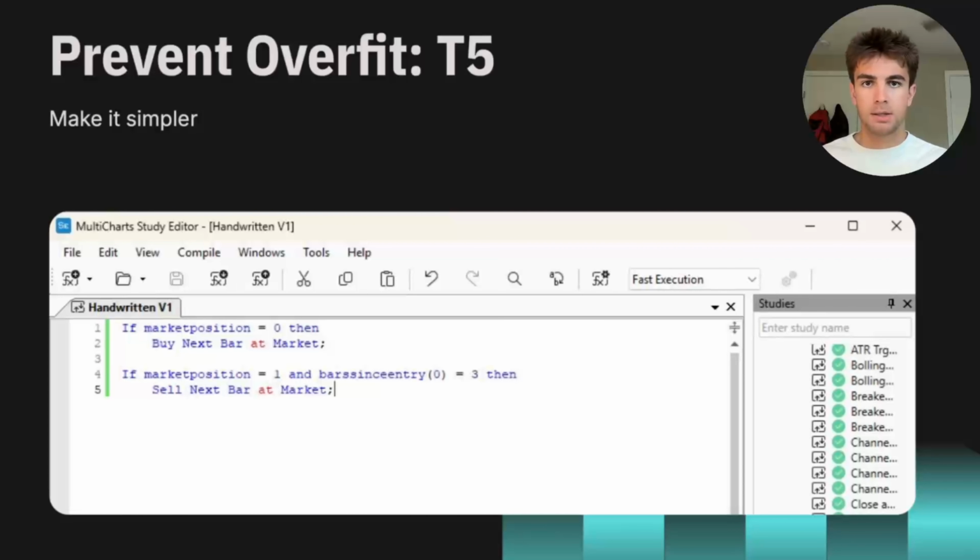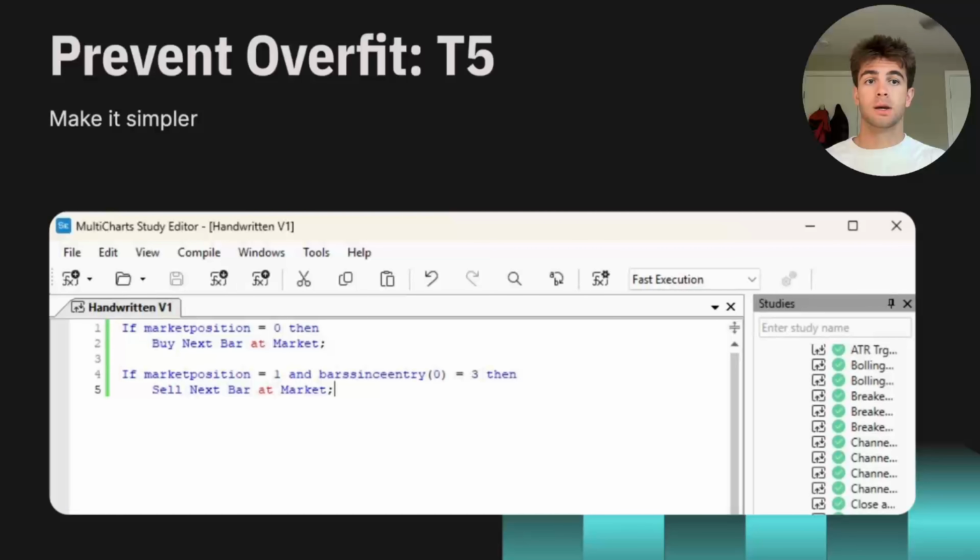Then lastly, make it simpler. I've already found success doing this when iterating a strategy, not even optimizing it yet, just writing it. As you tend to write more and more and implement different bits, fluff tends to accumulate, and the actual principle of the strategy that it's supposed to be created around gets muddied up and lost in all the fluff. I found that stepping back helps: what is the principle that this strategy is based around? Why is it supposed to be profitable?